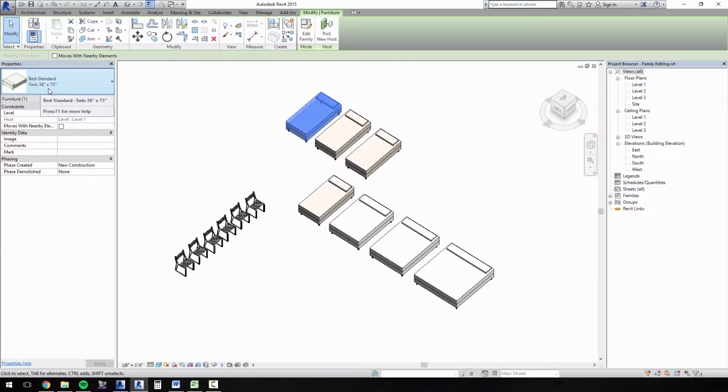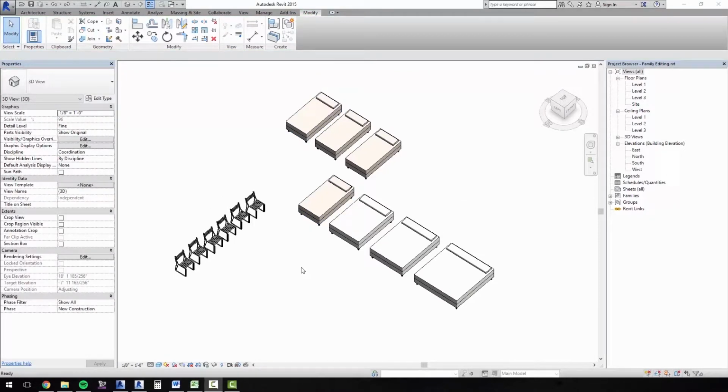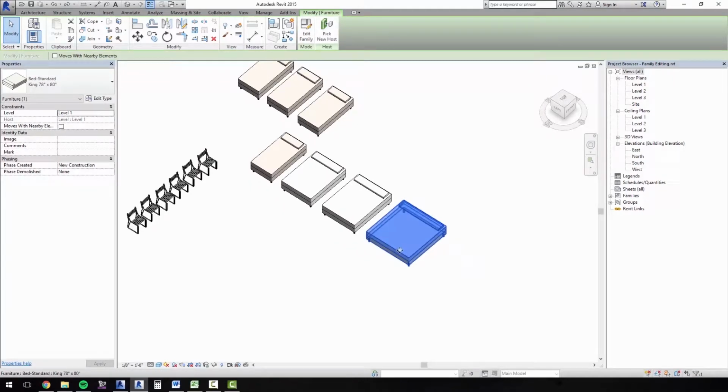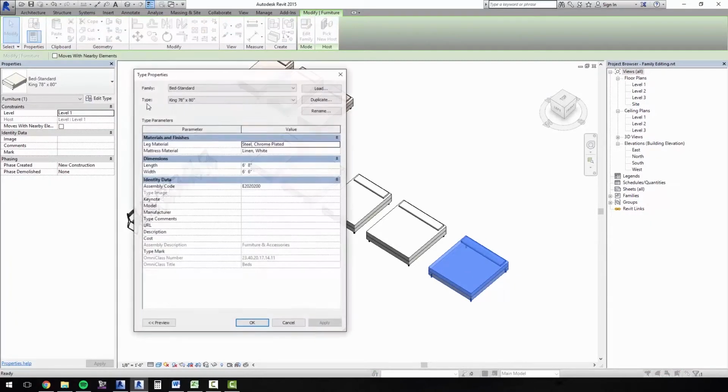The next thing I'm going to show you how to do is to create a new family type within your project. In this case, let's say we want to make a California king size bed. First thing I'm going to do is copy an instance of this over. And while that is selected, I'm going to go to Edit Type. We're going to get our Type Properties dialog box up here. And I'm going to duplicate this